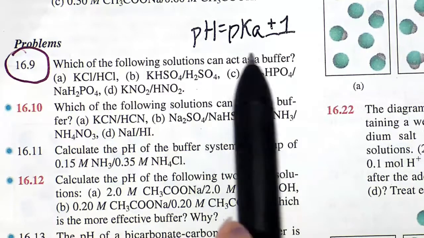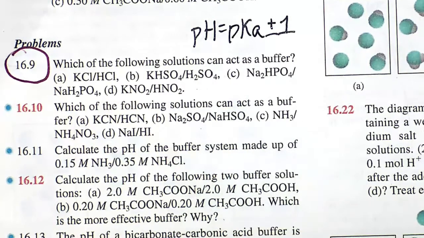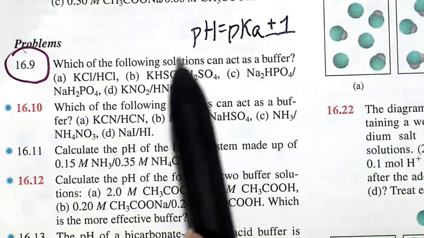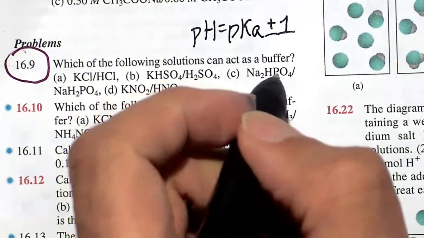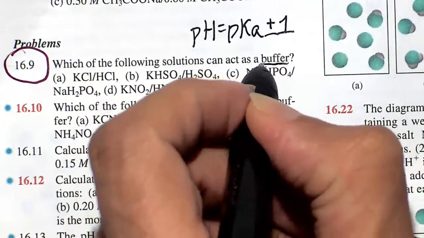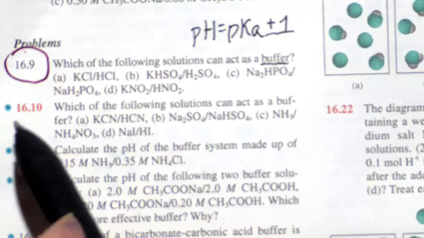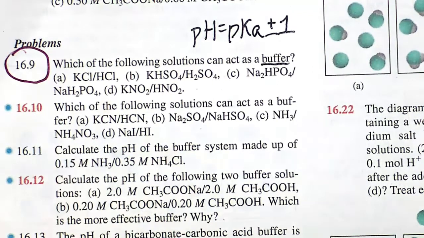This is where the pH cannot go too high or too low, when the pH is within the pKa plus or minus 1 range. So once again, it is a conjugate acid and conjugate base combination. So we just look here between A, B, C, and D, which is a conjugate acid and which is a